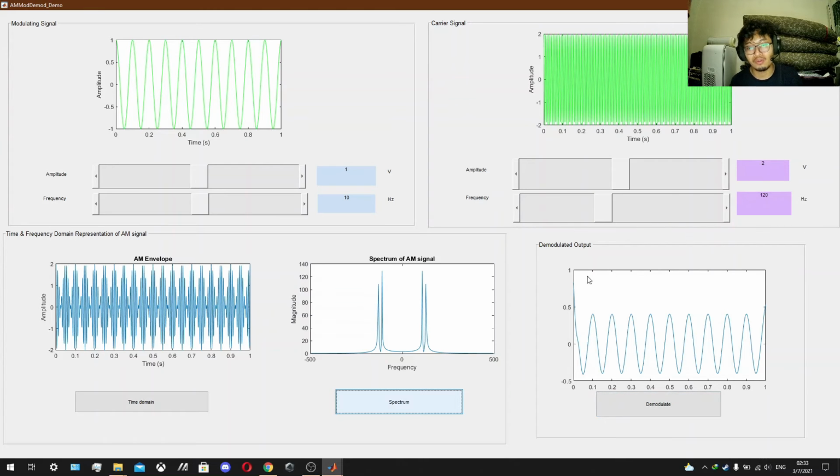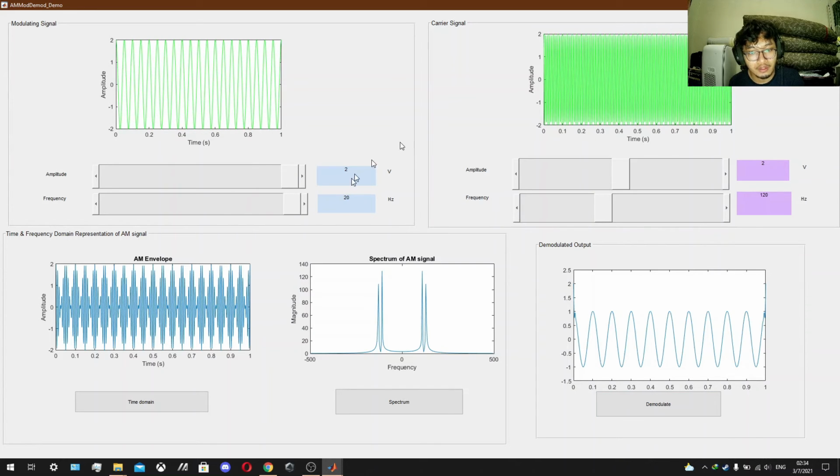And then next we go to the demodulated part. Okay, the demodulated part is nearly the same, but with a different amplitude of the signal. It's not really changed much. But if we go to the highest on the slider, which is 2 volt and 20 hertz, we go to the limit.